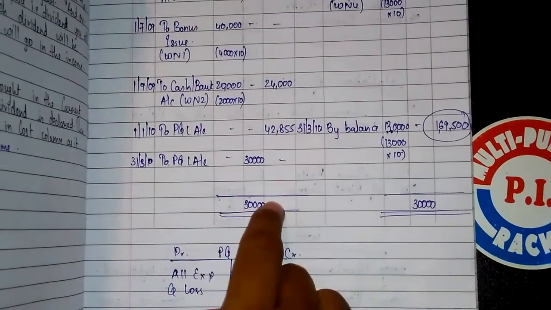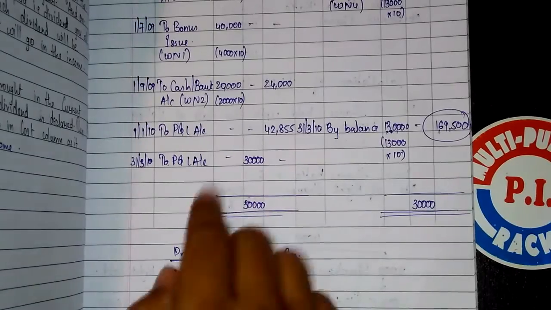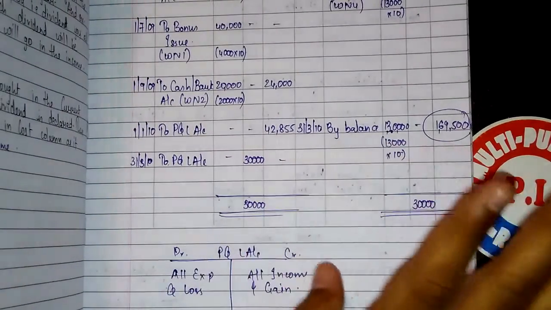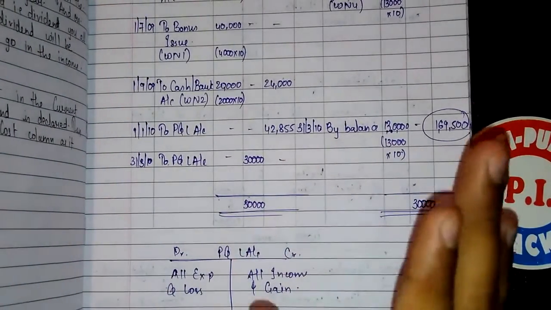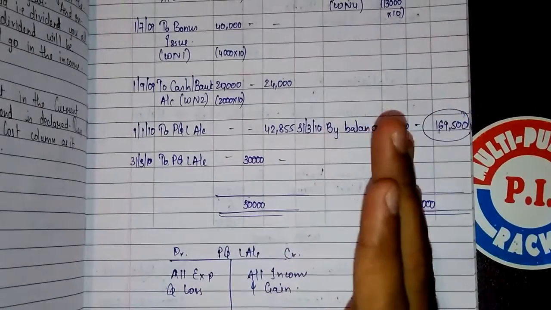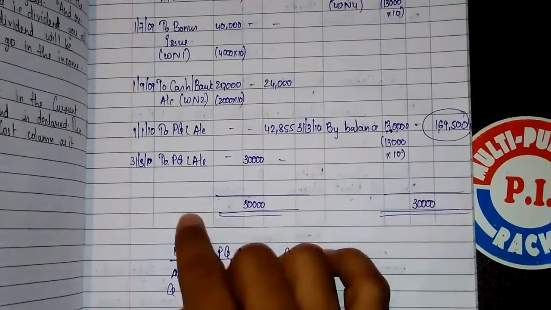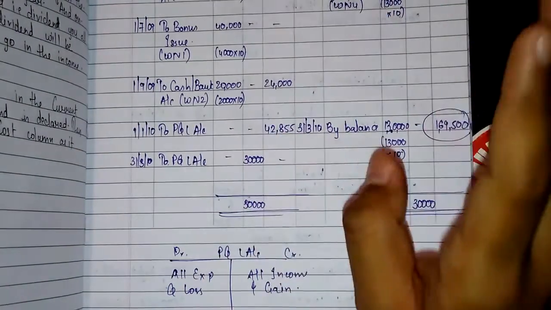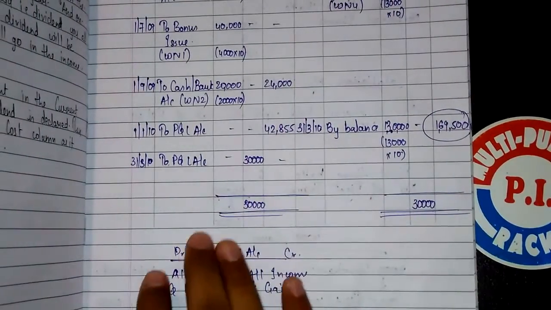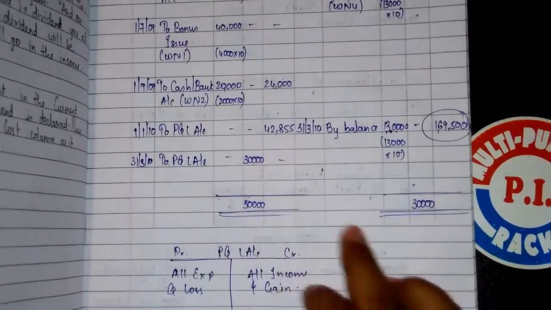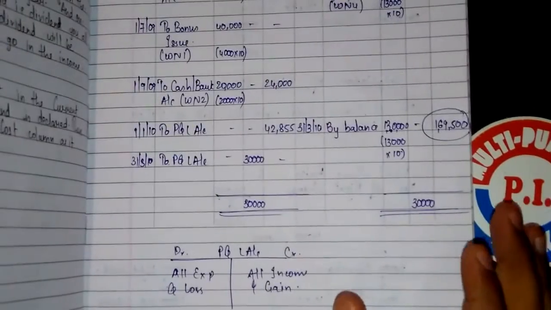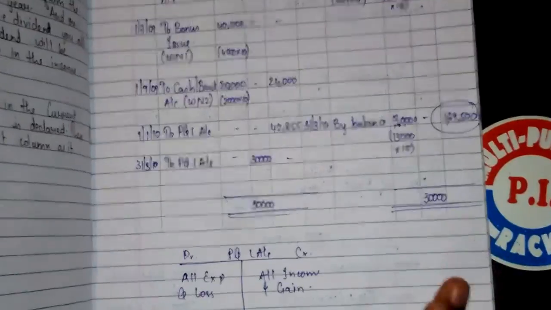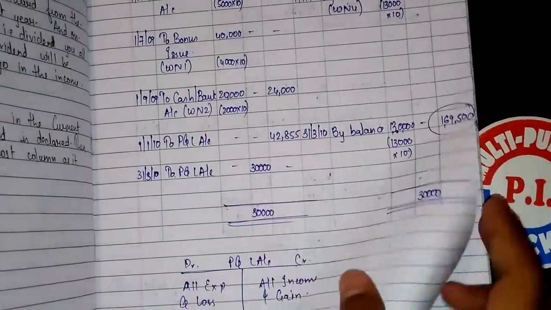Grand total is something which is not important in IPCC exam, but if you have time you can do. If you are suffering from lack of time in exam, please skip this part, because calculating is a very irritating job while solving sums during the exam. At home, please try solving the entire sum with the grand totals also. If in exam you miss that, it's okay. There are no marks for grand total. I hope you all know that much. I hope you all have copied this page working.